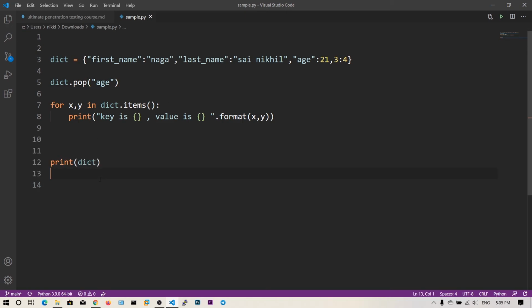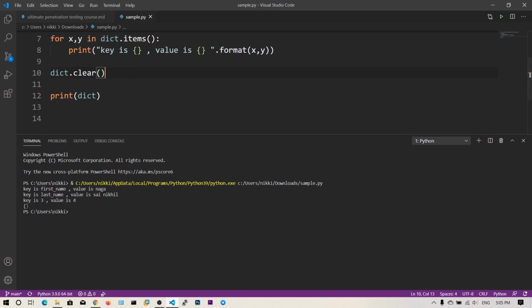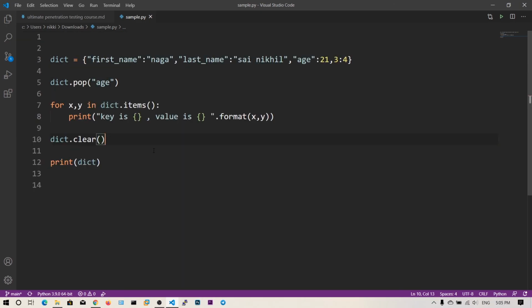And you can also clear the dict. You can remove every item and it will be a blank dictionary. As you can see, after printing we have cleared the dictionary values and it is open brace and closed brace. So I think these are the major methods and techniques you operate with dictionaries, and these dictionaries are also used to store important data like key value pairs. So that's all for this video. I hope you have understood.